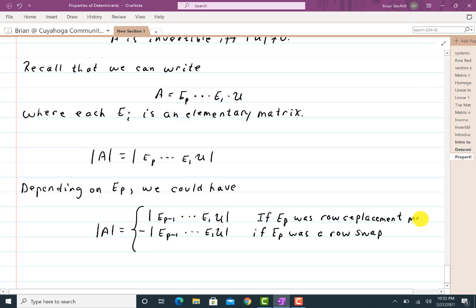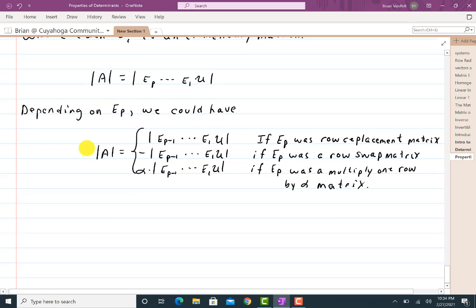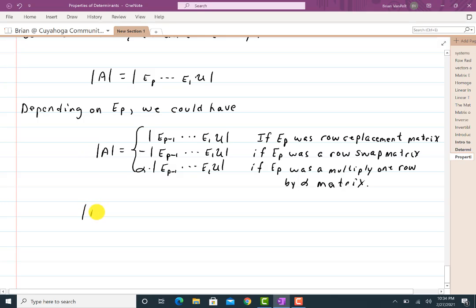A row replacement matrix is better. And what was the other one? Alpha times EP minus 1 dot dot dot E1U if EP was a multiply one row by alpha matrix. So we've already handled those before anyways. Then let's see what we have. Then when I look at the determinant of A,